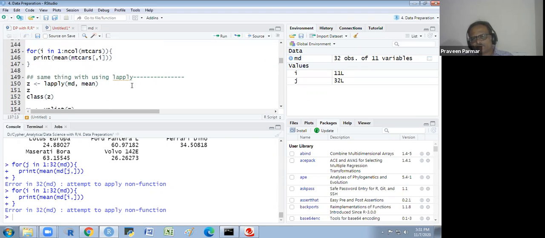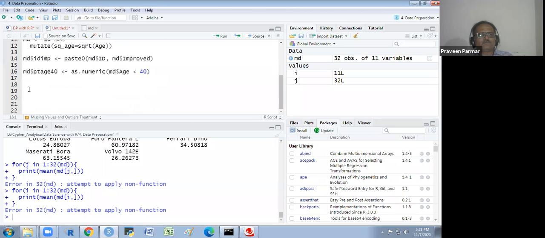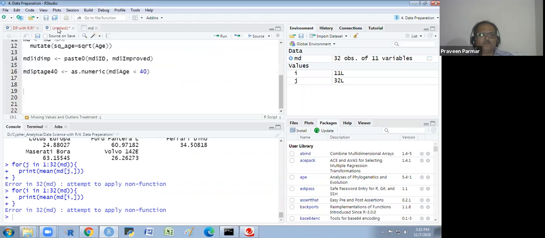We have some functions for the various loops. I will explain them one by one. Here I am using the mtcars data as the MD script, I just changed it. You know that in the mtcars data, we have three variables that are binary, 0 and 1: vs, am.